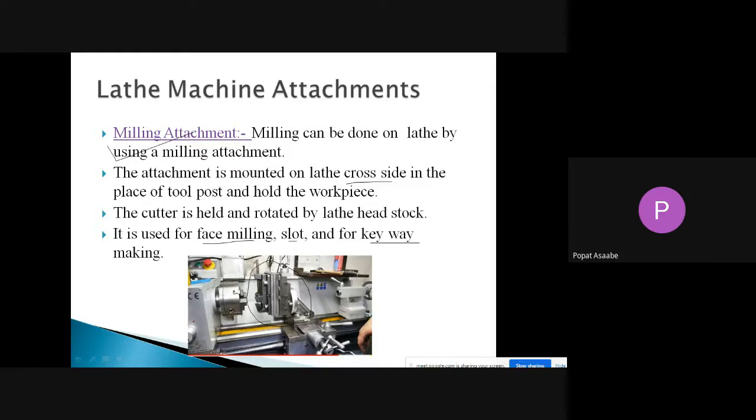First of all, we have to remove the tool post, and in the place of that tool post we have to mount our milling attachment. Okay, here, the tool post of the lathe machine, first of all we have to remove it, and in the place of that tool post we have to attach this milling attachment. And see here, in this milling attachment,